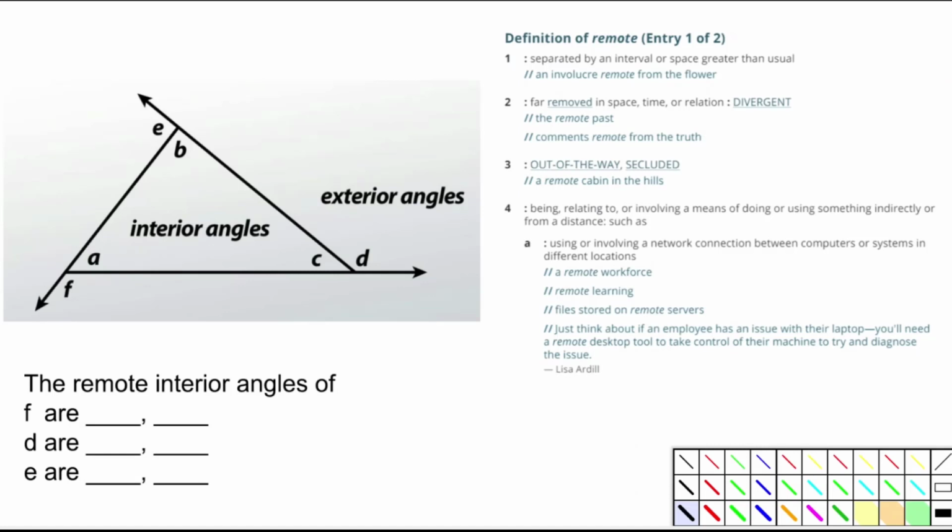So we're going to be talking about some exterior angles of a triangle today. And let me show you. So basically, the interior ones are the ones on the inside. So we have 3 interior angles, A, B, and C. All right, but if you extend out